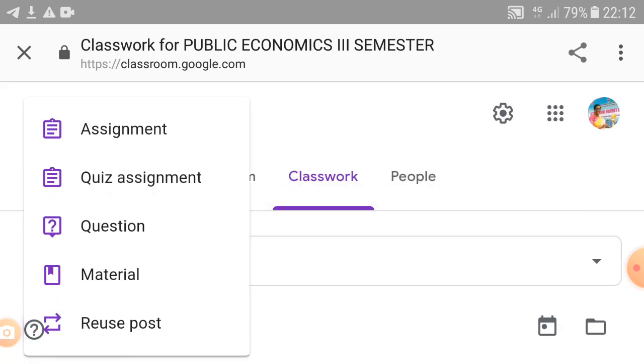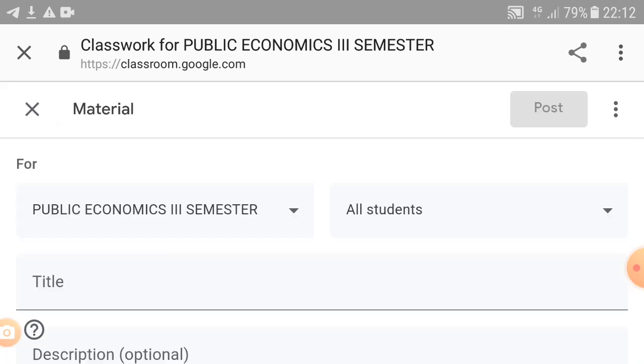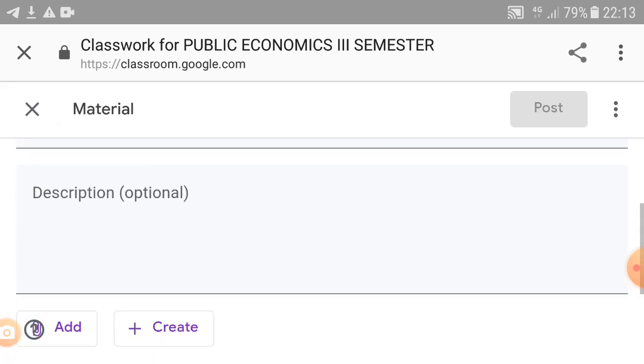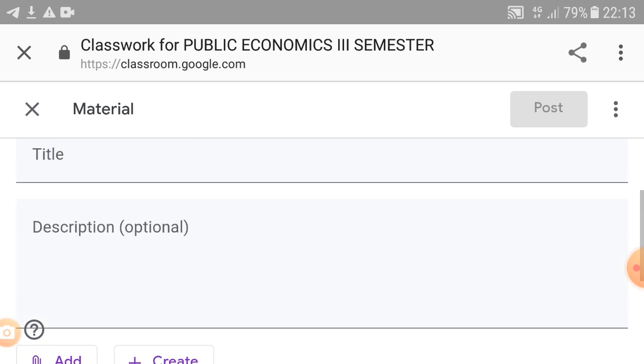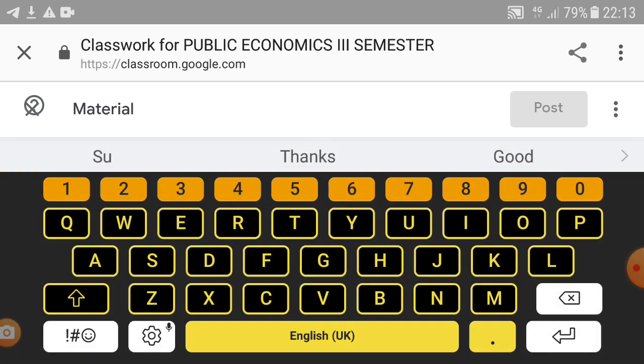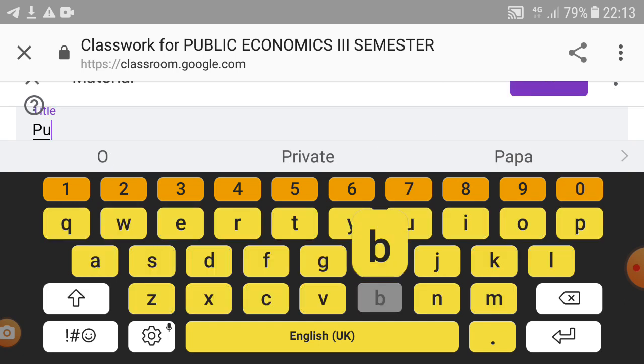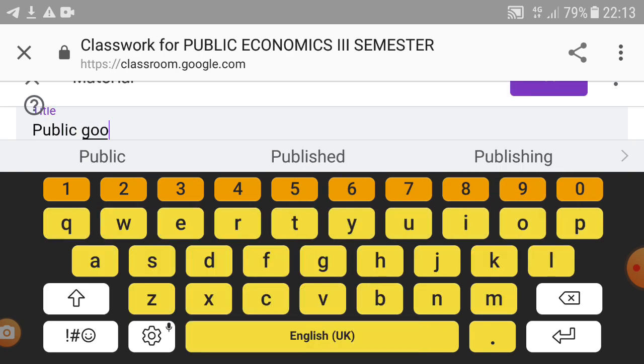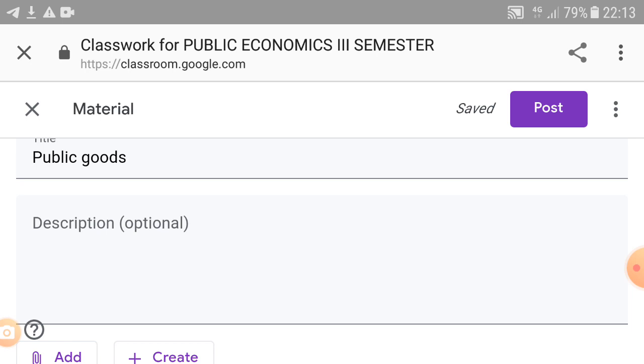Next, create material. You have to post the materials also. Give the title and the description. So, what is the material title? For example, I have public goods. The material I posted is on public goods.